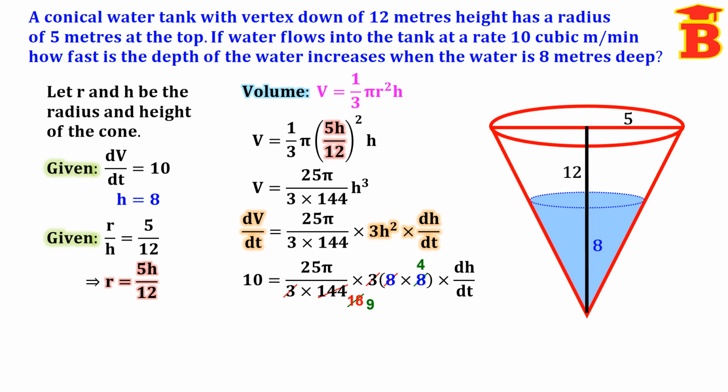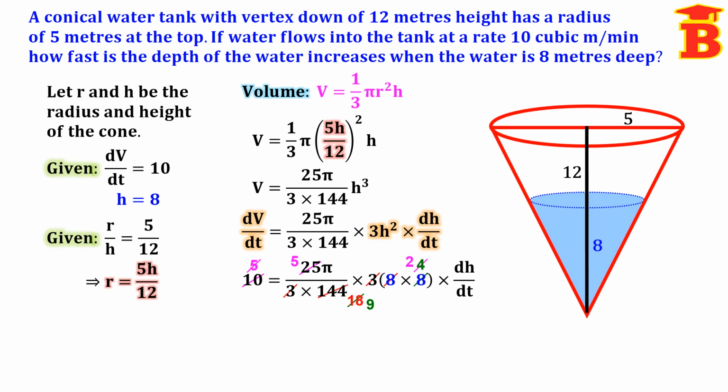Next we can cancel this left side number and right side number. Left side we have 10. So right side we have 4. Cancel by 2. So left side 5 times, this right side 2 times. Next we can cancel this 5 and 25. So cancel by 5. 25 is 5 times.